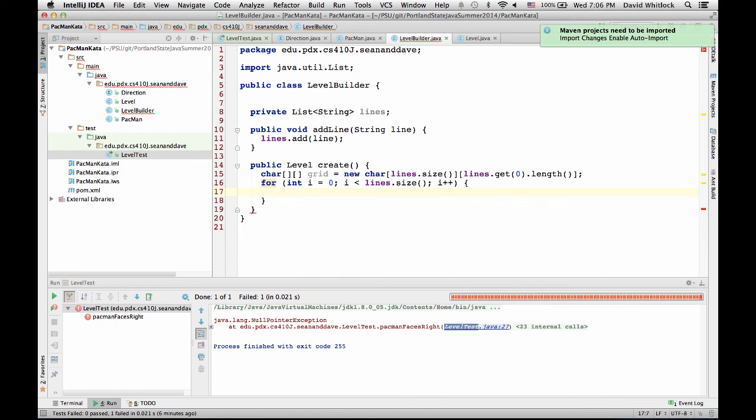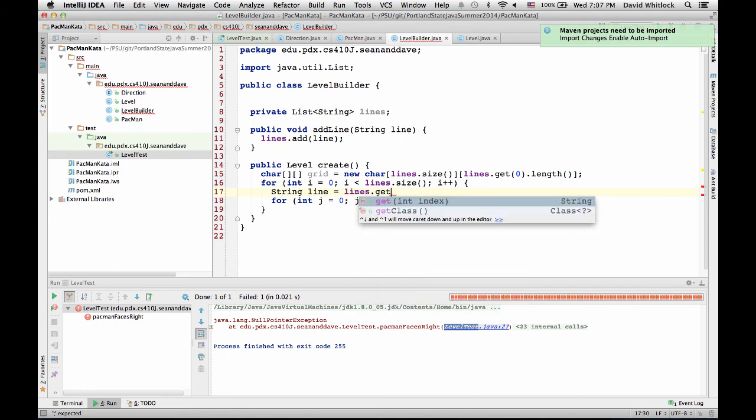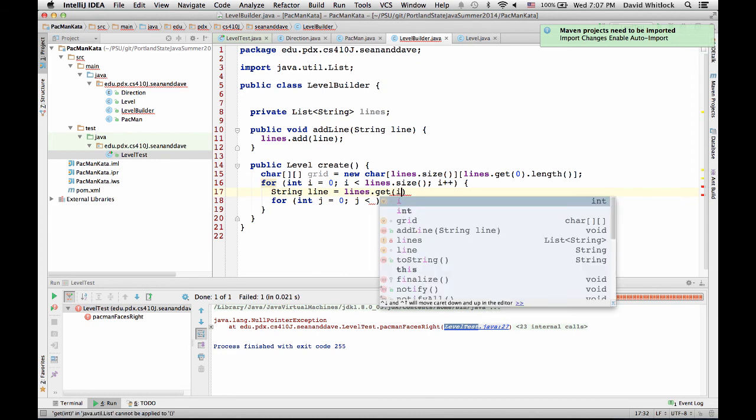Do you see something? And then did I initialize that? Okay, and then for int j equals 0, and then it's like string line equals lines dot get i.